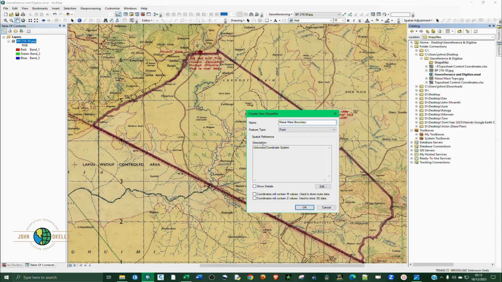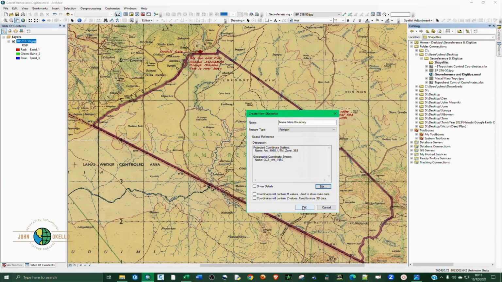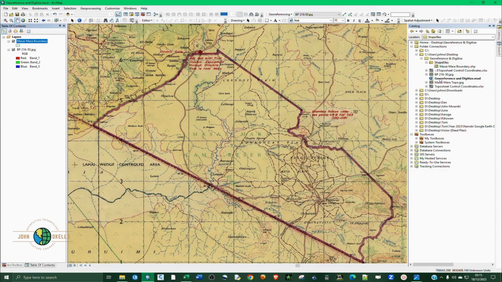Then you need to define the feature type. That should be polygon, and you need to define the coordinate system. So we said it's UTM zone 36 south, and click OK. Okay, so we are going to add another